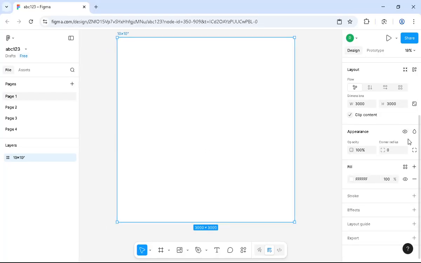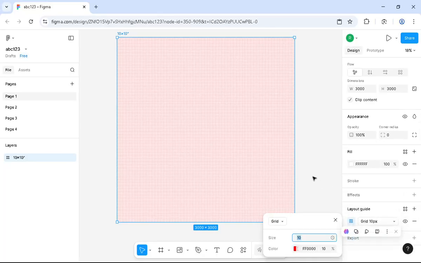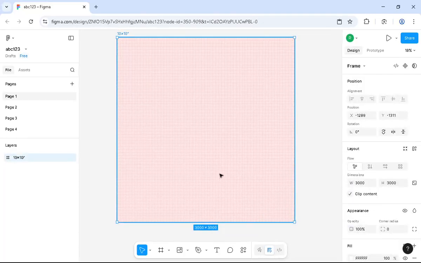Now click on that one and then click here on layout grid, and then this is actually gonna help you to add a grid. That's gonna be this one, as you can see, and that's all to help you